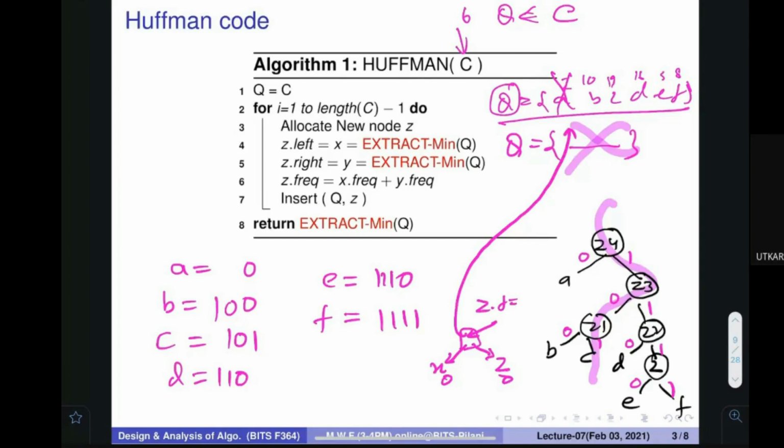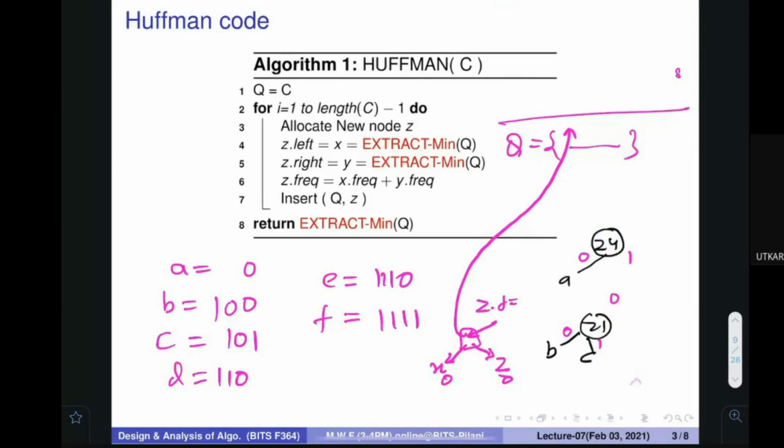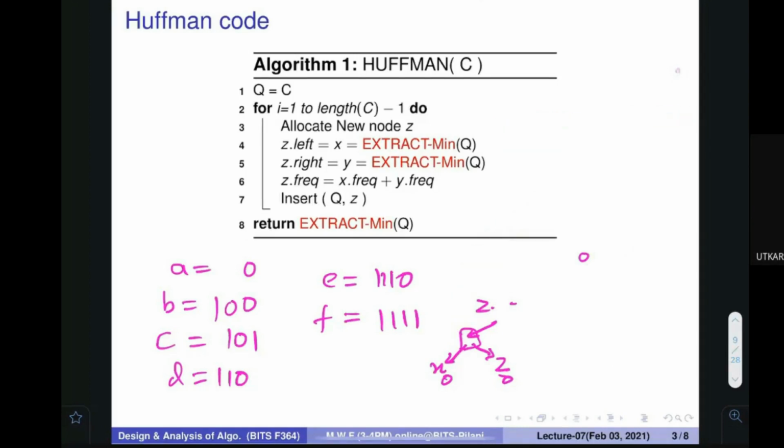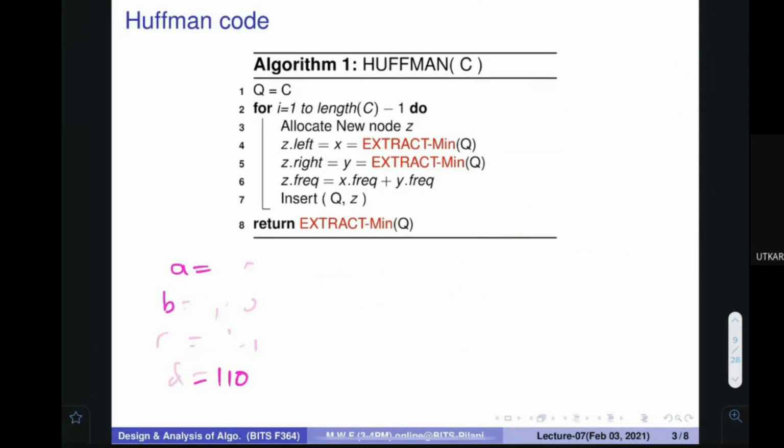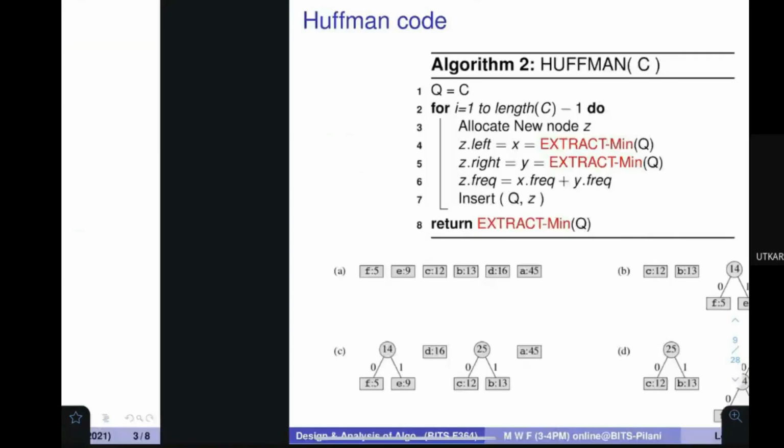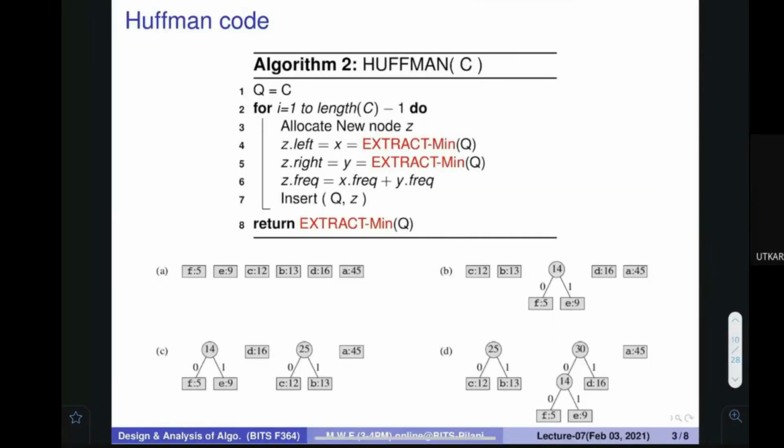Okay, so this is the algorithm, a very simple algorithm. We have also done the example, and we have also found the right answer. I think I have one more example here, so let us go and try to see this. I think it is the same thing. Would you like to go with the new example or the same one?